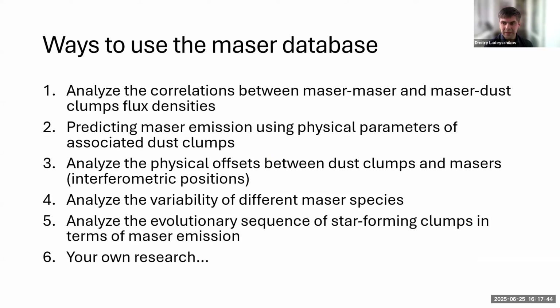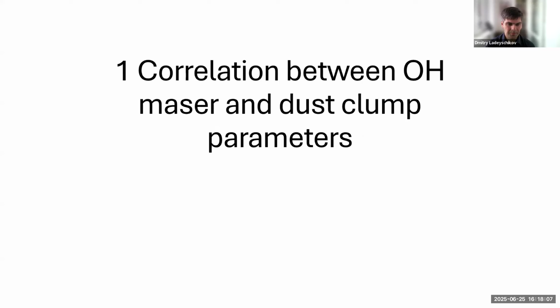You can analyze maser variability, and you can also analyze the sequence of star formation using masers, because each maser species has its own physical conditions that arise at different evolutionary stages. So this is not complete. You can invent something new, and this is up to you. So we briefly go through all these